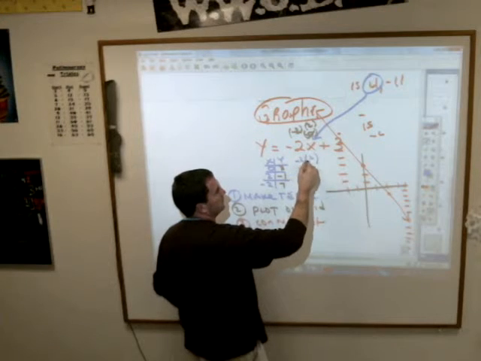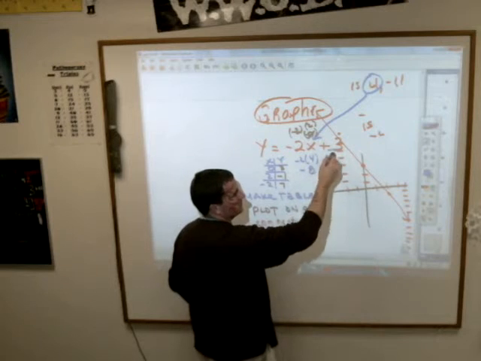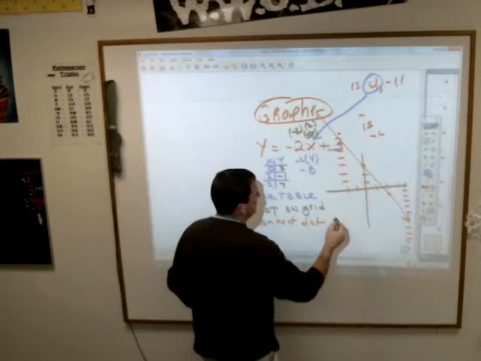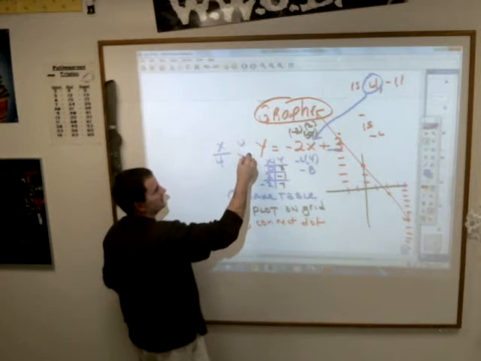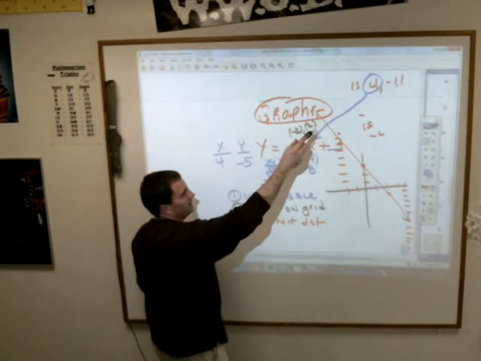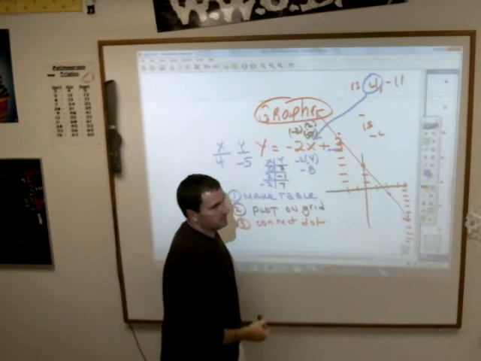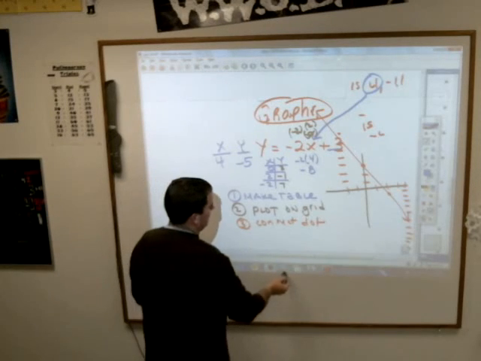What is a negative 2 times 4? Negative 8, right? And then a negative 8 plus 3 is negative 5. When x is 4, y is a negative 5. It is not a negative 11. So this point is not part of my graph. It's just something out there somewhere in space. Hopefully that clears up